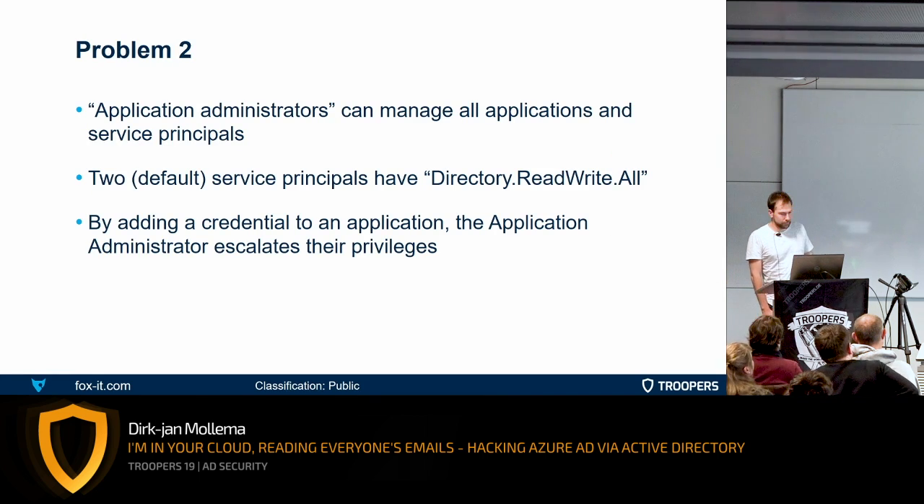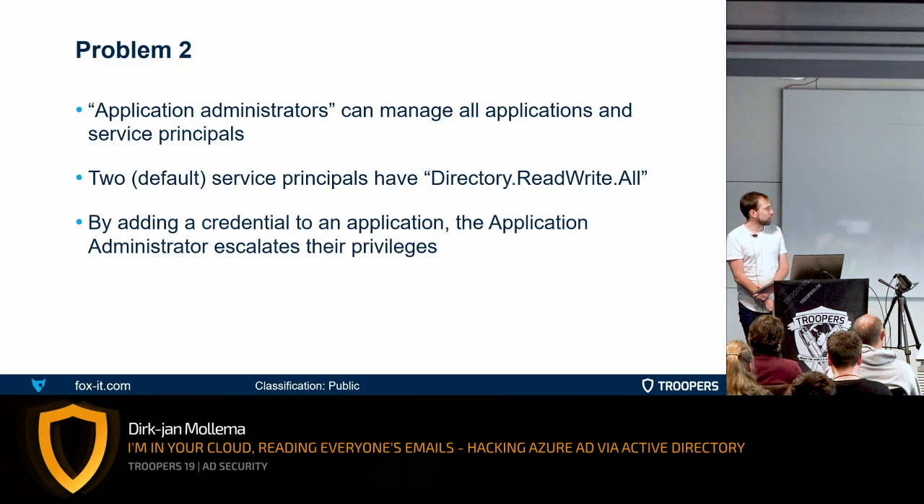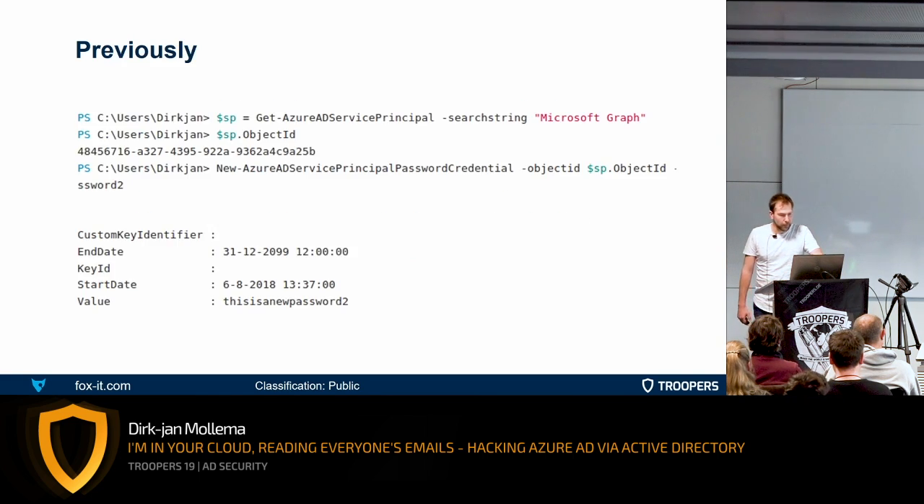Problem 2, the application administrator can manage all the applications in Azure AD. And there are some default service principals that actually have more rights than the application administrator has. So the application administrator can assign a credential to that application and then escalate their privileges and perform actions that weren't possible before. So this is how that worked, or used to work, which is, I guess, a spoiler, but